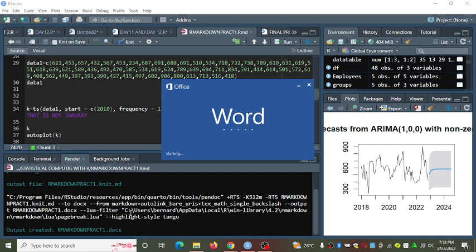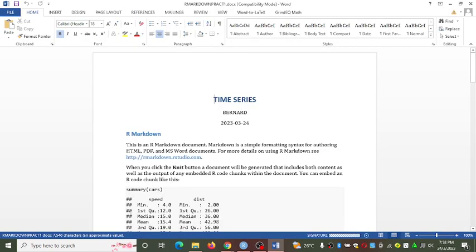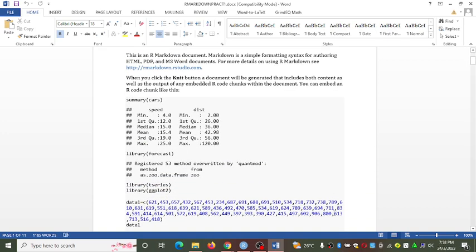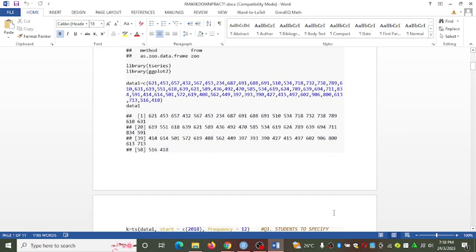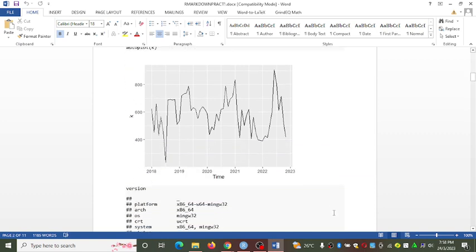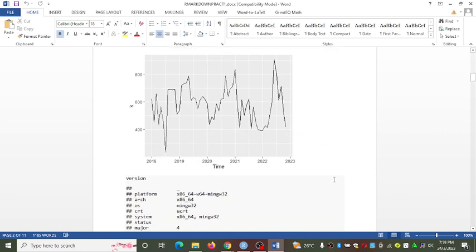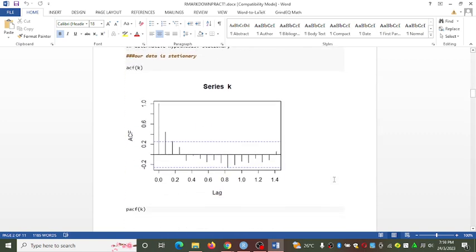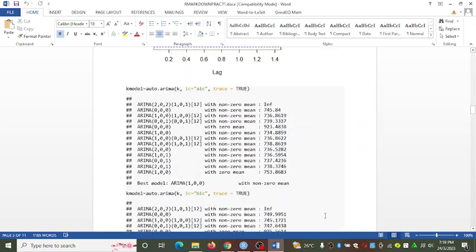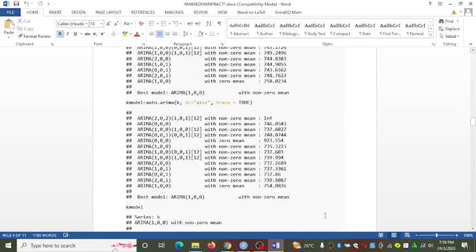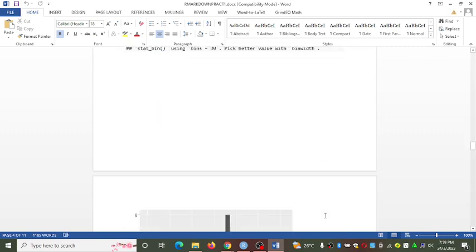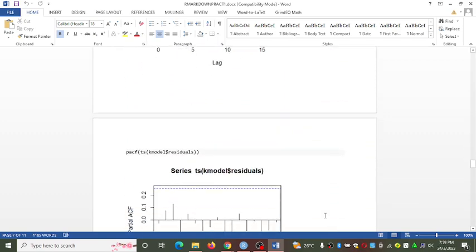Output create, and let's see what we will get. Okay, let's see. So this is our data. These are our plots here. They came out nicely.